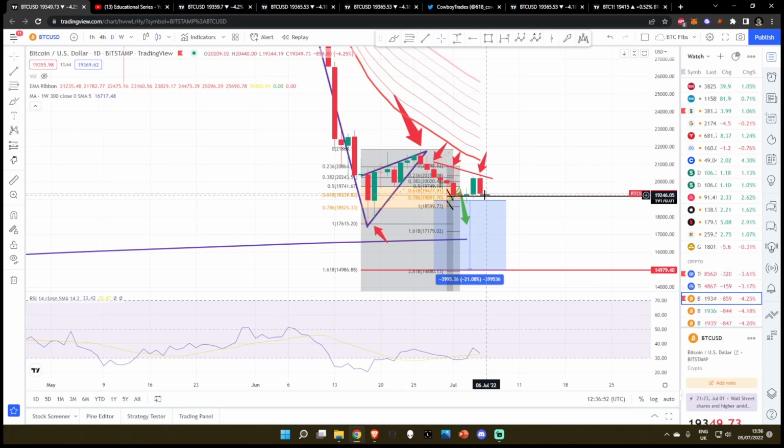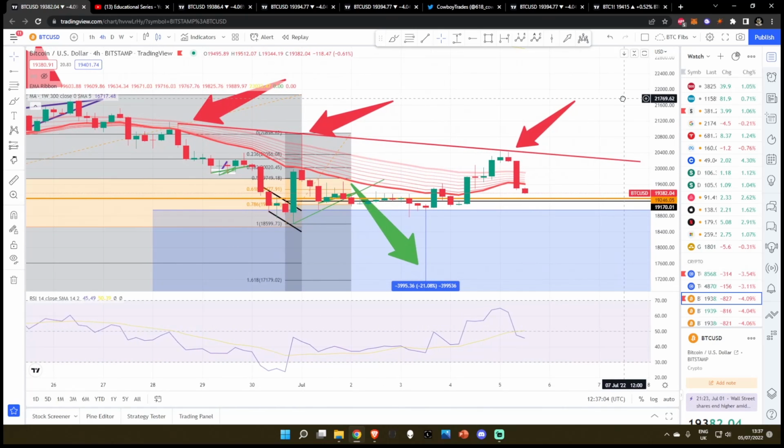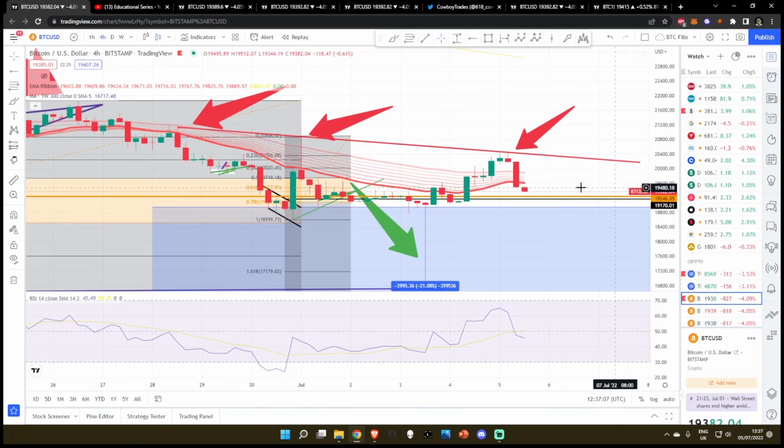So in the midterm time frames, 19,246 is the level that you would want to hold if you want to even have a shred of bullish momentum going on. I don't think that is the case. I think we're going to lose this very quickly, probably today. Drawing our fib from our low to our high as well, we bounced up almost perfectly to the 236,